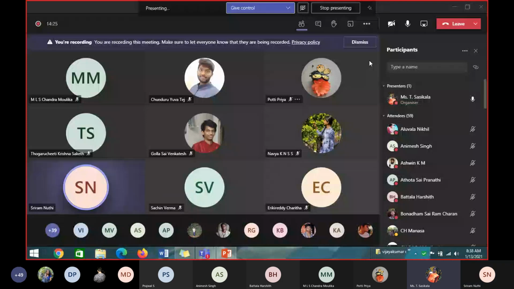Then D of i minus 1, j minus 1 means diagonal elements. For the diagonal, there are two options. What are the two options we have, Sriram? 2 or 0, ma'am. We compare the i character and the j character: if both are not similar, then we have to add 2. If it is similar, then we have to add 0. Okay, so based on that we have to fill the table.